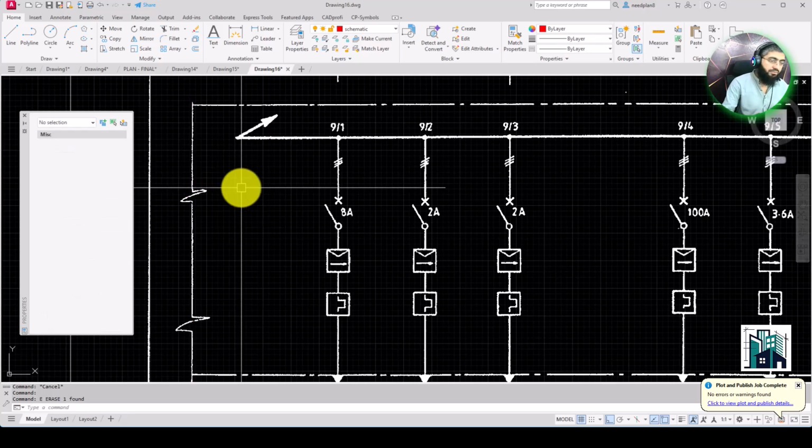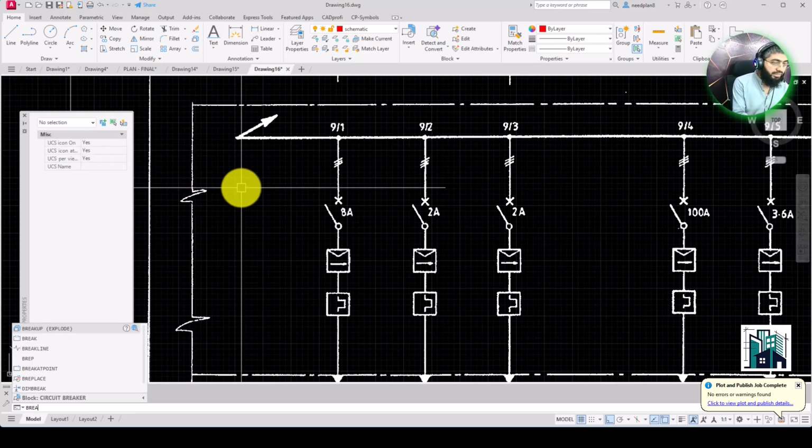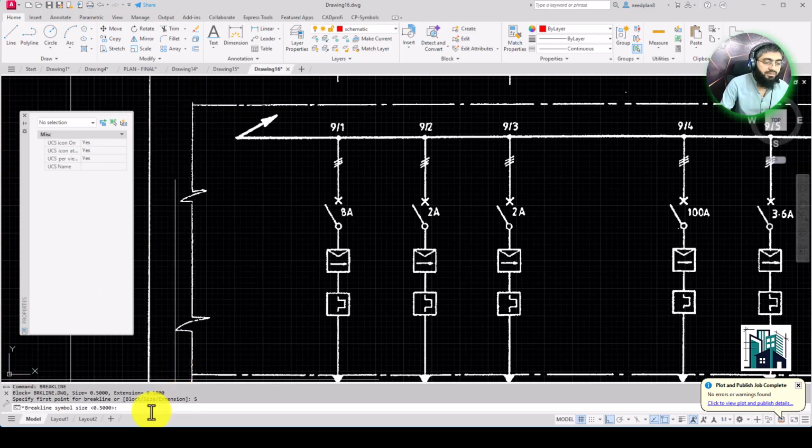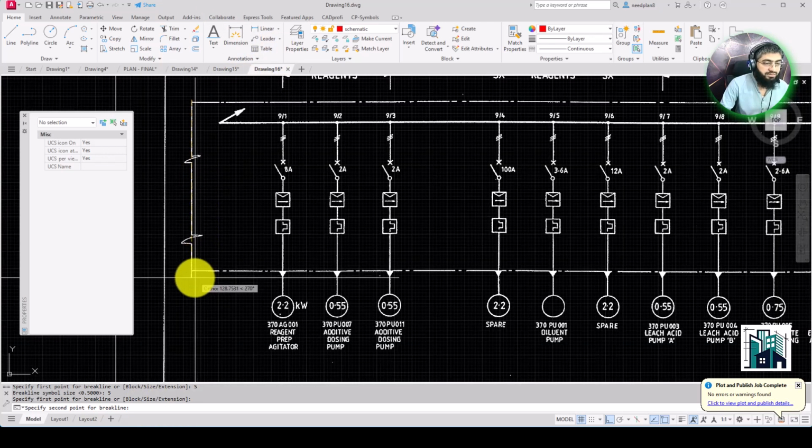recreate this line, break line, BREAK, break line. You'll have to just go break line, and then size, give the dimension, like 5, and then that should be block or extension, anything. Just select the first point, and then give the dimension, say 130,